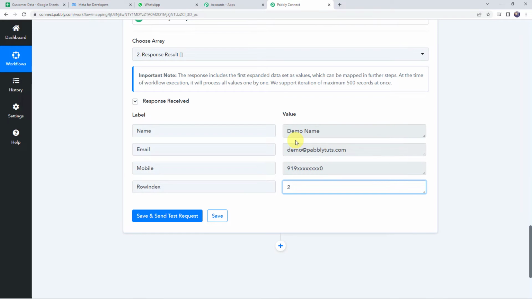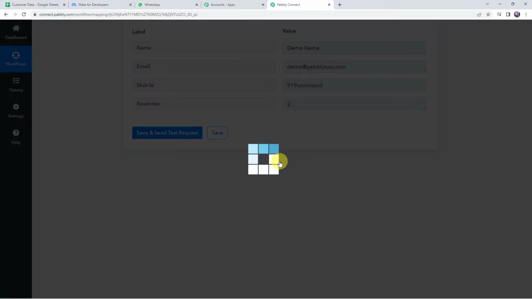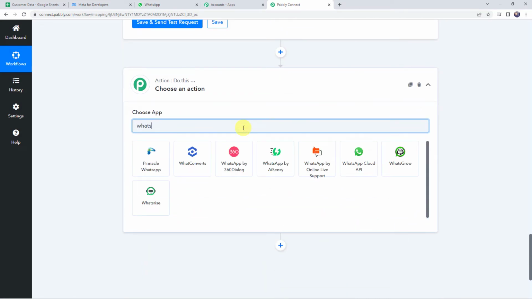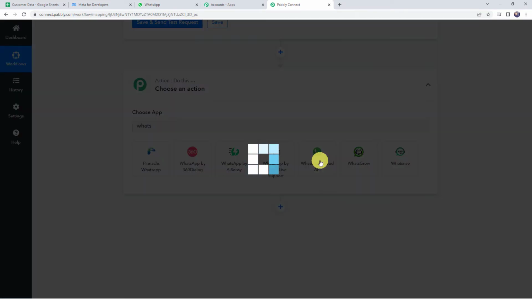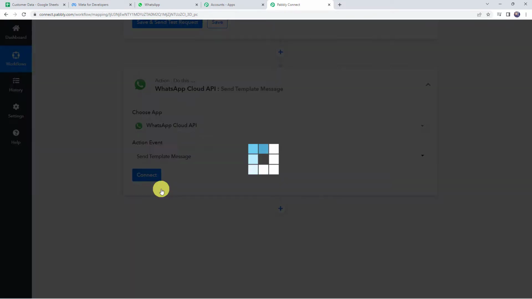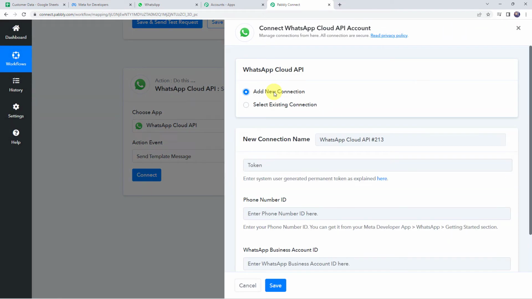So now let's integrate WhatsApp with Pabbly Connect. Click on this plus sign and let's add an action step over here. And now let us choose the application name as WhatsApp Cloud API. Select the action event as Send Template Message. Click on Connect. Click on Add New Connection, and for that you need to just create a new WhatsApp Cloud